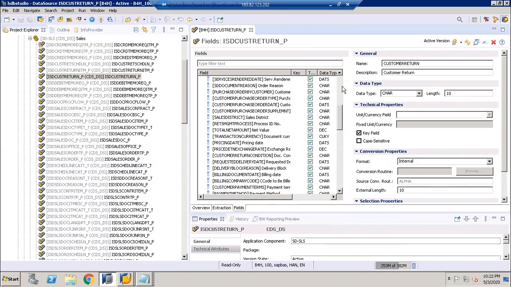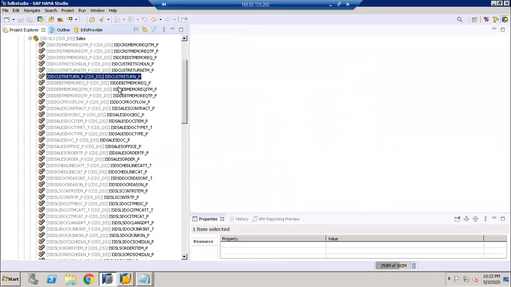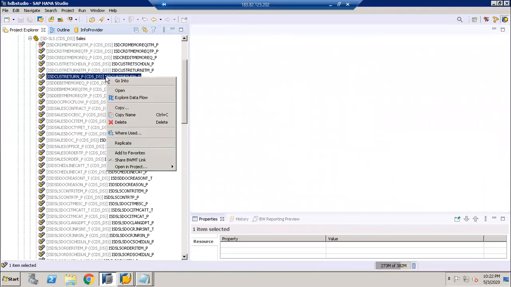Then next, I'll select this data source, or CDS view. Then I'll click on explore data flow. We can create a data flow. I mean to say that in BW perspective, I can go with the top-down approach or bottom-up approach. In this scenario, I'm going with the bottom-up approach because we already have a data source here, and I want to build an ADSO on top of it, right?